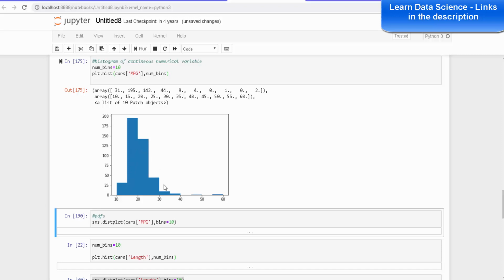There can be several distributions, right? A distribution in the form of a histogram is just a data distribution, and we are simply summarizing data with each bin. In summary statistics, we simply have just one value, which is centered around the mean, or the median, or the maximum or the minimum. But here we have 10 bins, so you have the distribution at different sections of the data, and that's much better to understand rather than